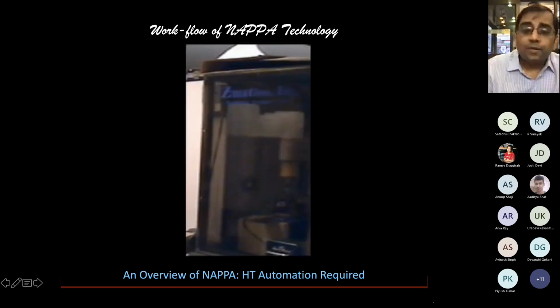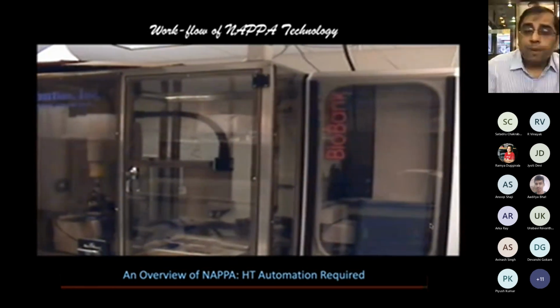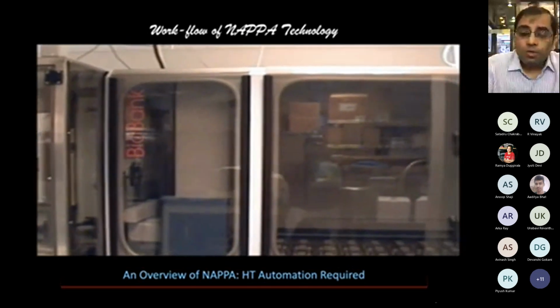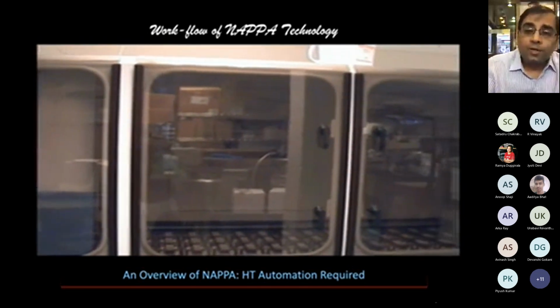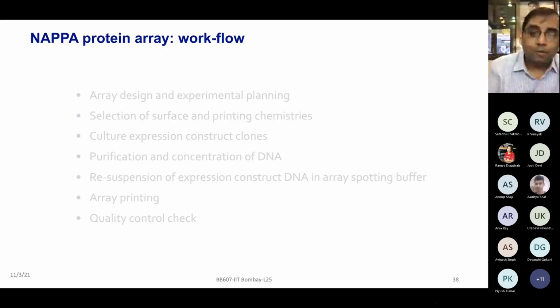Okay. So first of all, you need this kind of large cloning repository. What I'm showing you are the actual experimental setups here. This is one of the biobanks, an automated repository which has thousands of clones. When you are doing your experiment in your own lab, many times you are taking out whole plates or whole boxes and thawing everything before you can take out the one of your interest, which you cannot afford when you have thousands of clones stored in the same biobank. So the idea is, each one of these tubes is barcoded, and if you know which gene is of your interest, you enter that barcode, and only that one tube will come out of this entire complex.